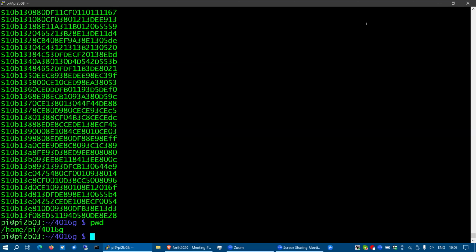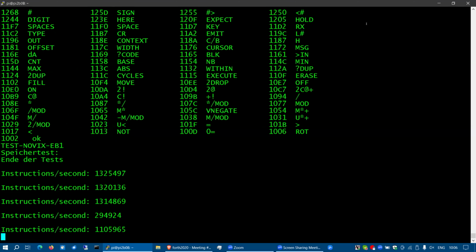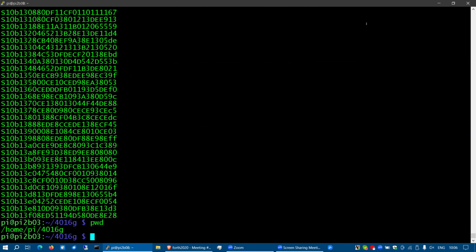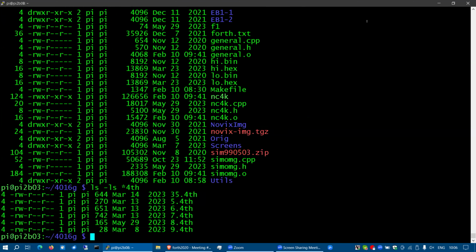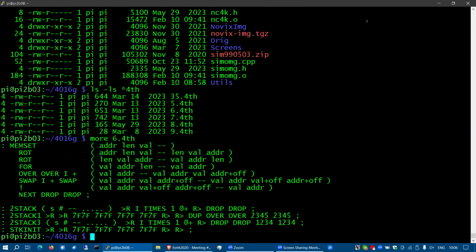So, and this is pretty much as good as it gets. As far as sample code goes, the fourth files here, if we take a look at them, most of them are tiny. Number 6 is a little bit chunkier. This thing here